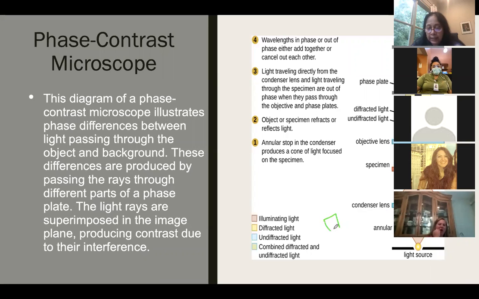Basically it is like a plate and it has a ring, so it has a hole actually, so light cannot move through this solid part, but light can move through the hole. Okay, so that's the annular ring,